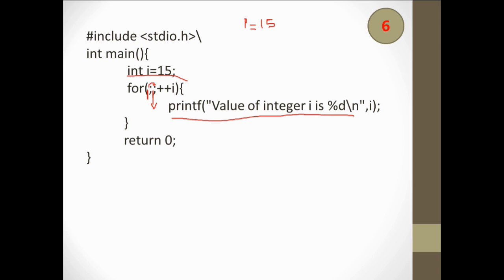Here this statement will print exactly as it has been given, and in place of the percent sign it will print the value of I as 15. After that it will go and increment the value of I. Here we are incrementing the value by 1, so now the value of I will become 16. Again there is no condition part, so again it will not check any condition. It will go inside that for loop, so it will print 16 here.